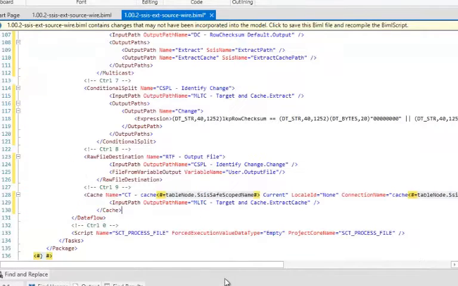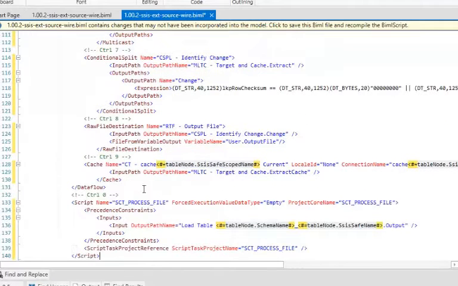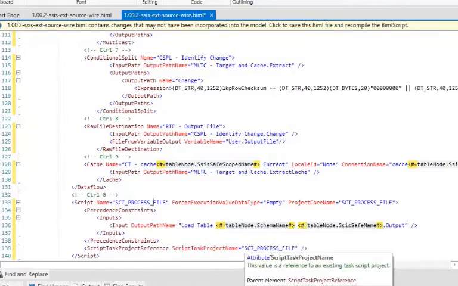And as I said, one thing you'll see through the solution is that you don't really need a lot of BIML code to achieve a lot of output. And last but not least, I'm going to insert the script task that does the process file, which basically just goes and sets everything up for tomorrow and then